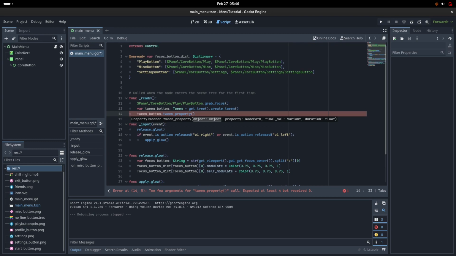I'm going to put some things. The duration is going to be how long it will take for the whole process to complete. For now, we want to change the play button size at first. So we are going to put play,